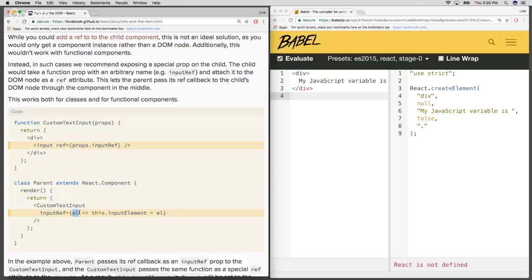So input ref, let me understand what they're doing here. So input ref is a property. I thought ref calls